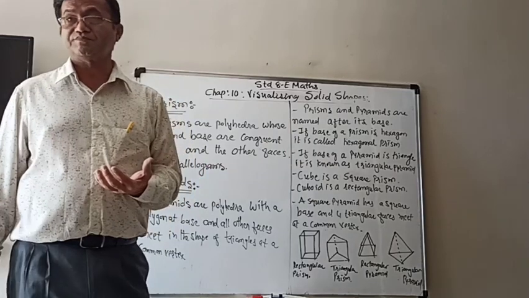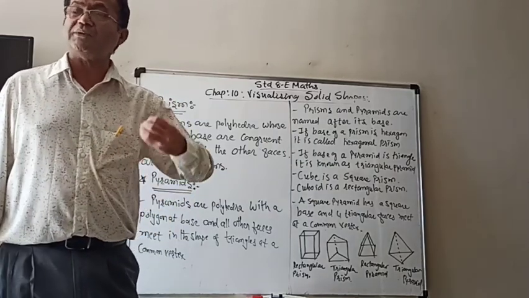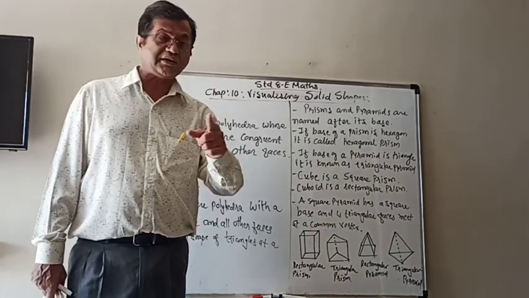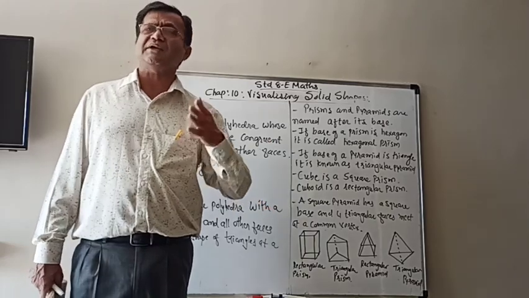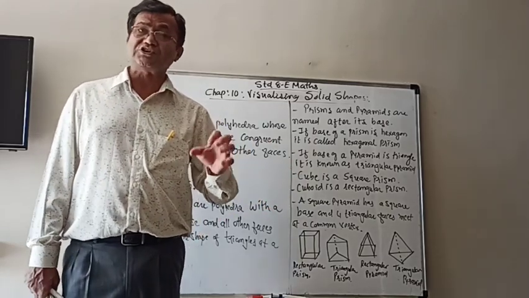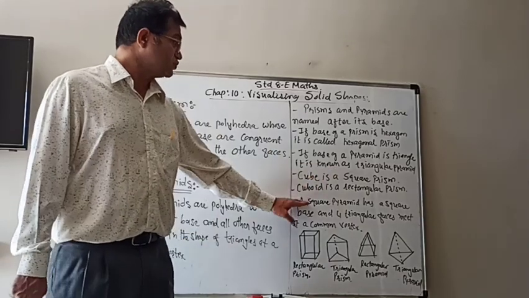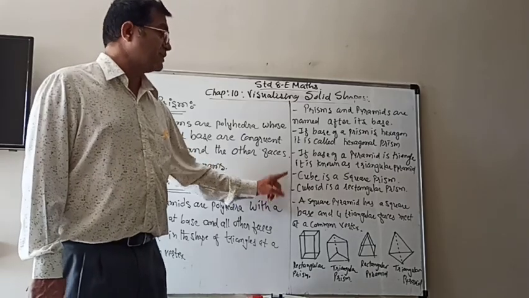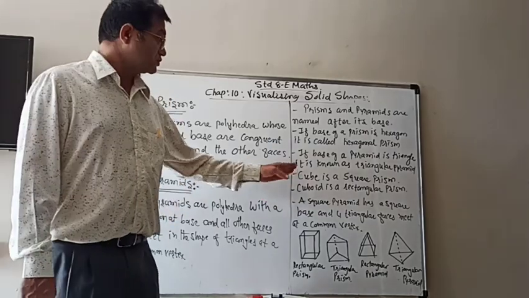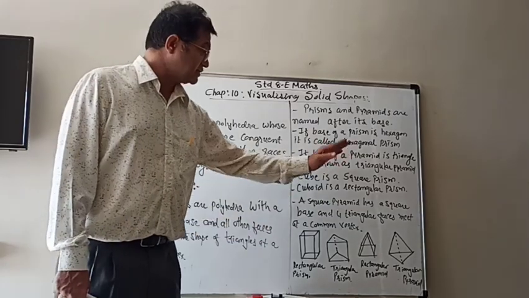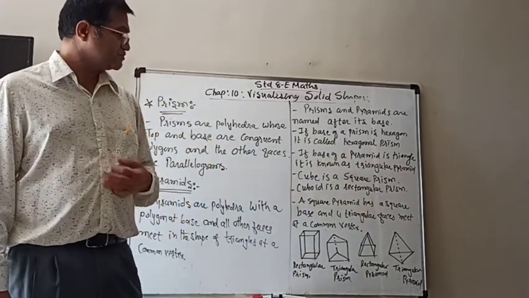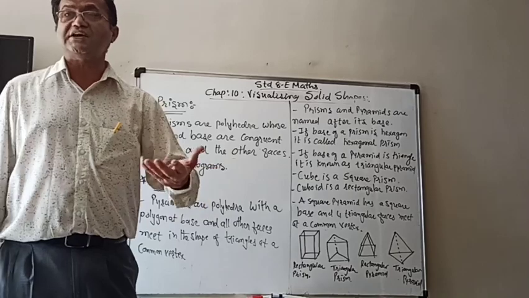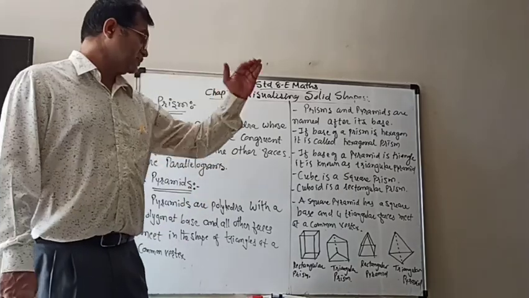If you take a cube, a cube is actually a prism. A cuboid too. Both are prisms because their top and base are the same and the other faces are parallelograms. It doesn't matter whether they are squares or rectangles, they are parallelograms. So a cube is actually a square prism, and a cuboid is actually a rectangular prism. That is very important for blanks or MCQs. So a square prism is a cube and a rectangular prism is a cuboid. If it is given that it is a square pyramid, it means it has a square base and the other faces meet at the top.